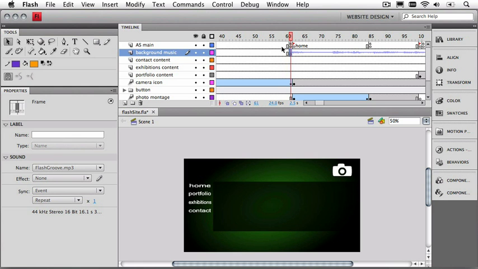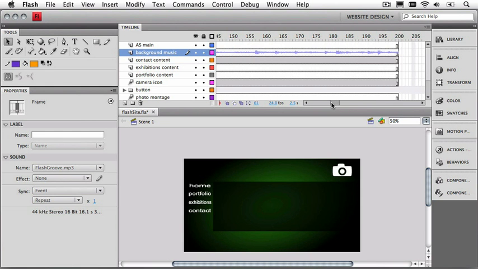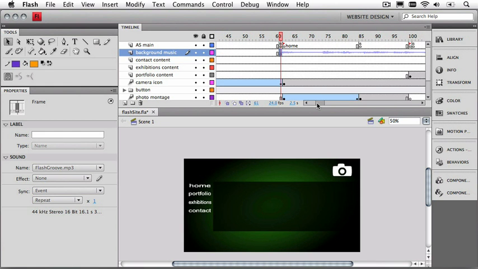Now on the other end of the sound, when it ends, you'll notice if I scroll down here, my sound is actually longer than my movie is. But that really doesn't matter, because the sound is just going to keep playing till it's finished. And that's pretty good. Now, we don't have too much to set up on a sound once we've picked a keyframe and attached it to it. But you'll notice we do have some panels down here, some additional controls labeled Effect, and then some repeat controls